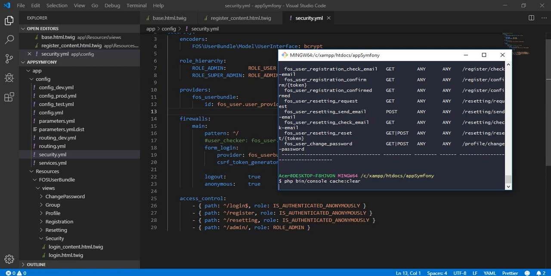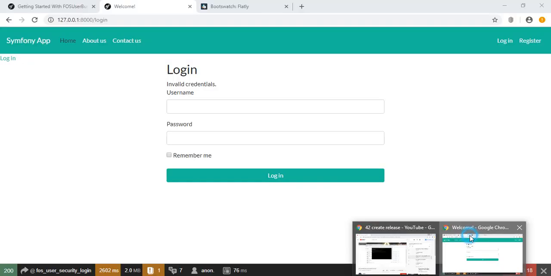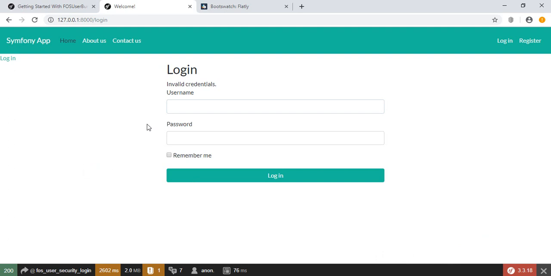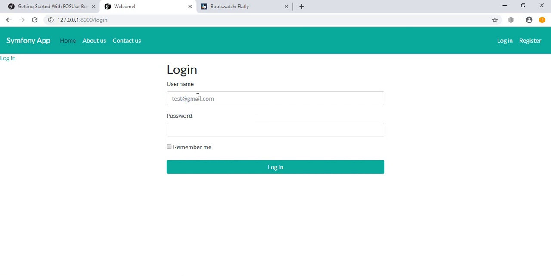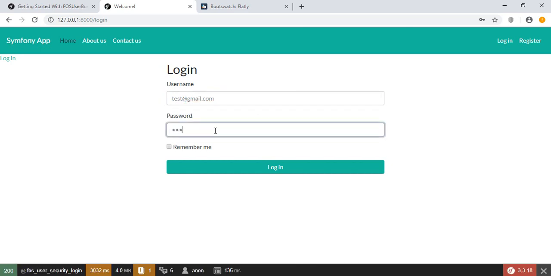So let's hit enter to clear the cache, and then let's try it. Now that the cache is cleared, let's go and check. So let's go here, let's refresh, and let's type first the email, and here 126, let's click on login,